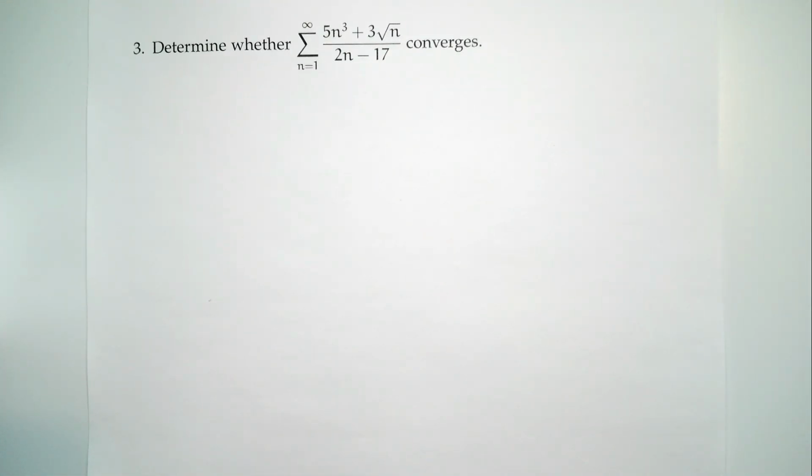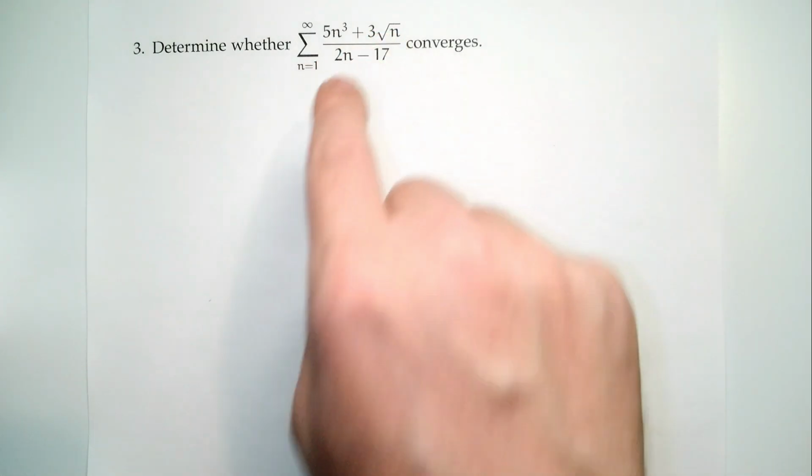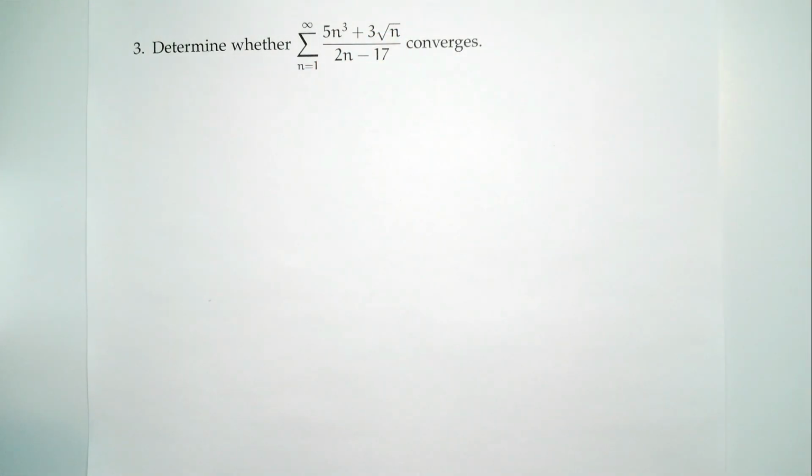Number 3, determine whether the sum from 1 to infinity of 5n cubed plus 3 root n over 2n minus 17 converges. Oh my gosh. Well, what is this? It's a lot of noise. So let's peer through the noise. And the way we do that is we say, okay,